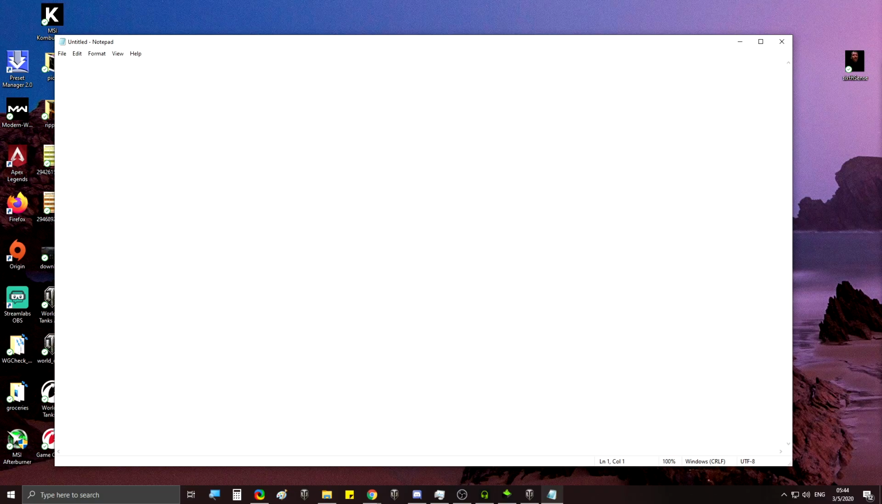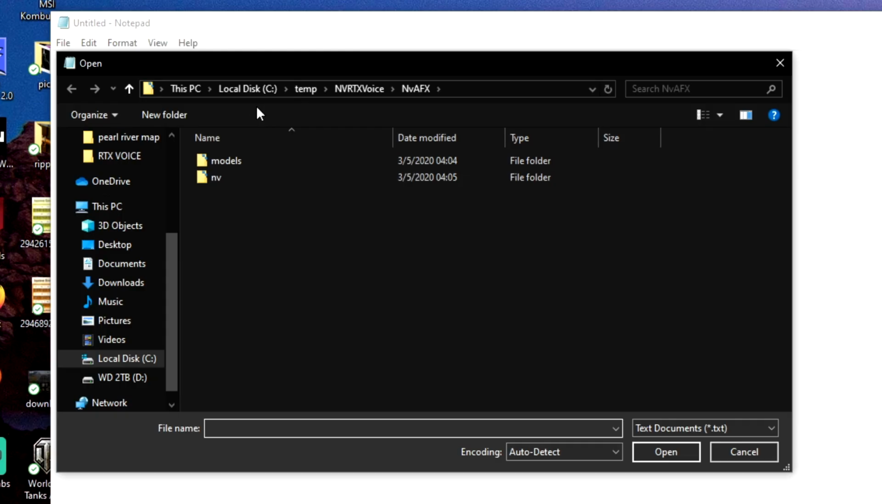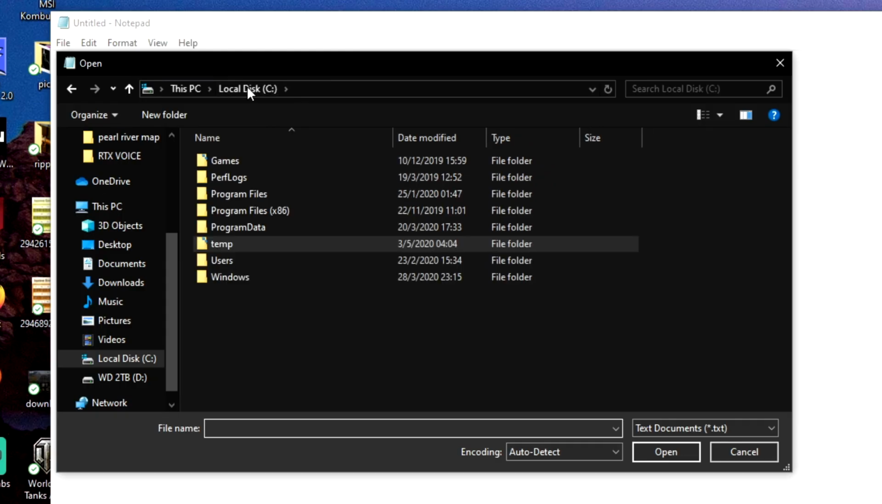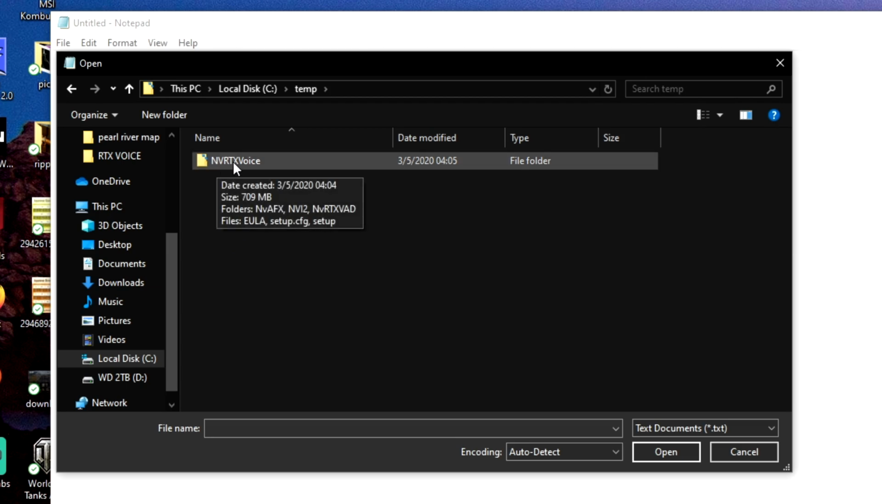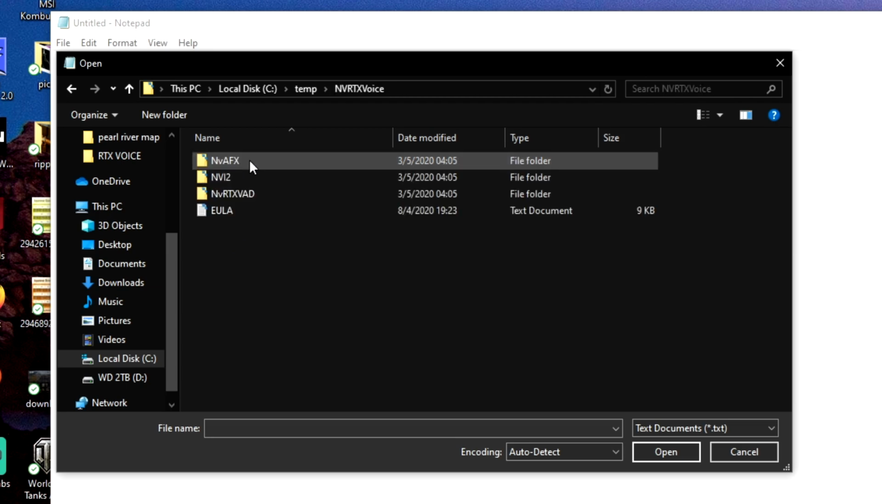Go ahead and open it. So you have now your Notepad in administrator mode, and you're going to open the RTX file. You go to your Windows, which is at your C drive, and then you go to your temp folder, double click on it, and then you will see the NVIDIA RTX Voice folder there. Double click it again, and this is the file that you want,